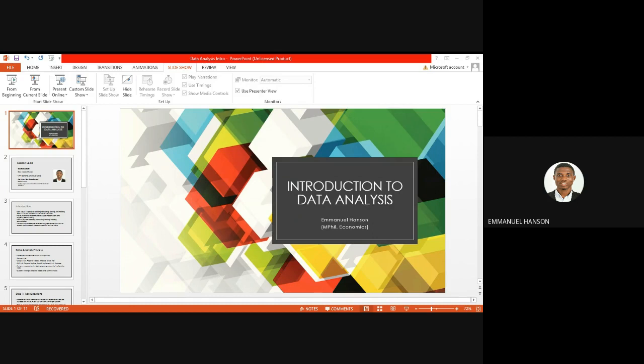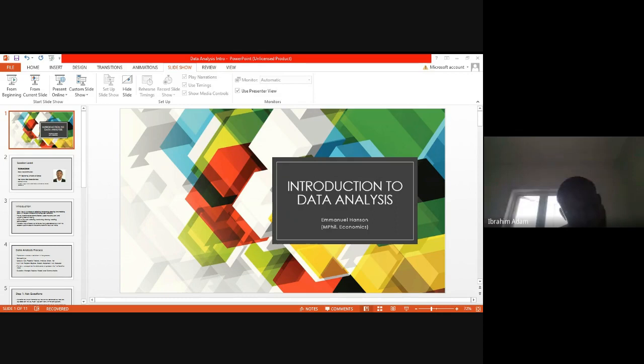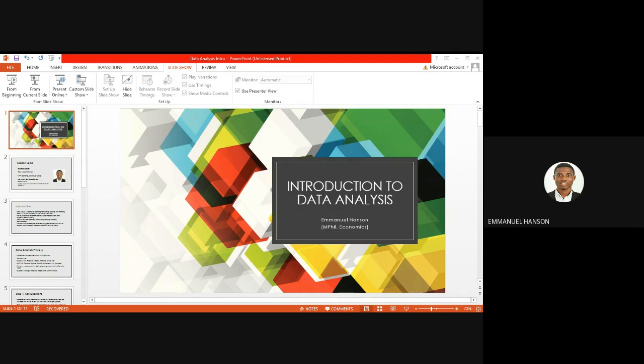Now, if we're a country and you want to rule the world, it's dependent on how much data you have. So someone says that he who controls data controls the world. And the issue of digital space or digital revolution has also made data analysis very important. As a student or as a researcher, you need